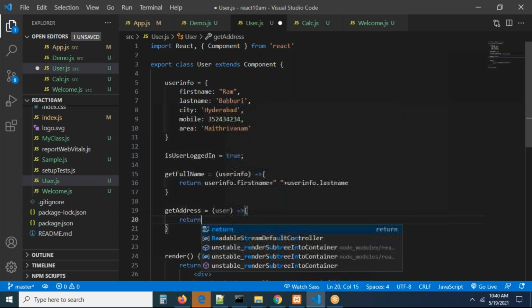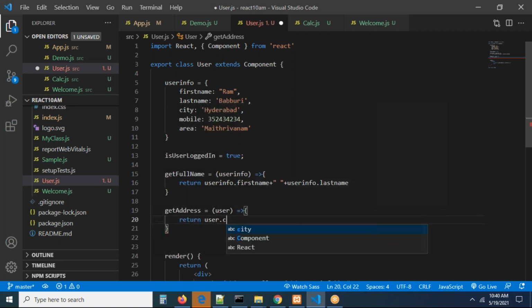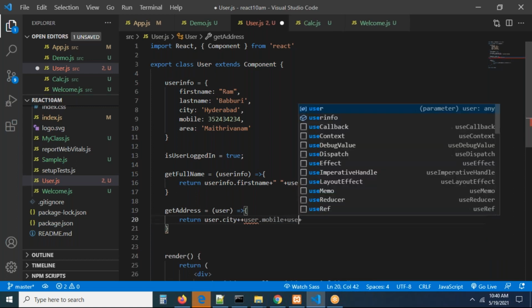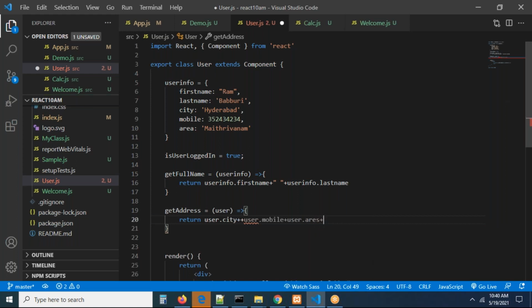It is going to return user.city concatenated with user.mobile, user.mobile concatenated with user.area. We have to use the concatenation operator, guys, here. Exactly.